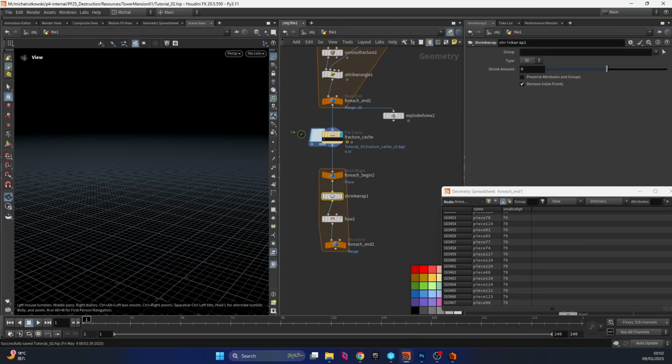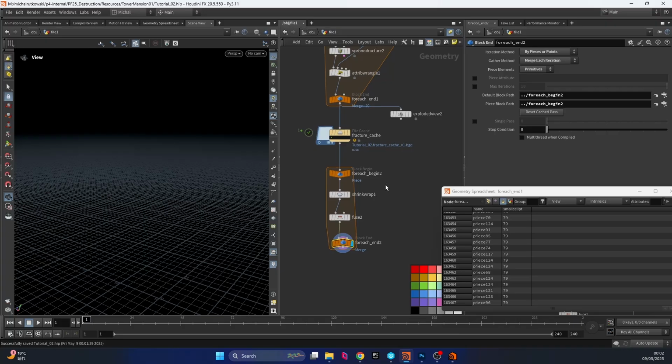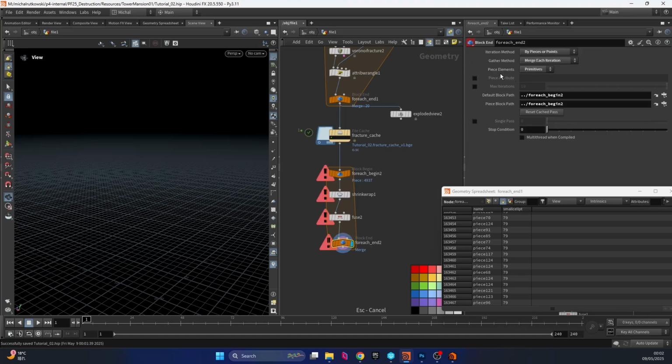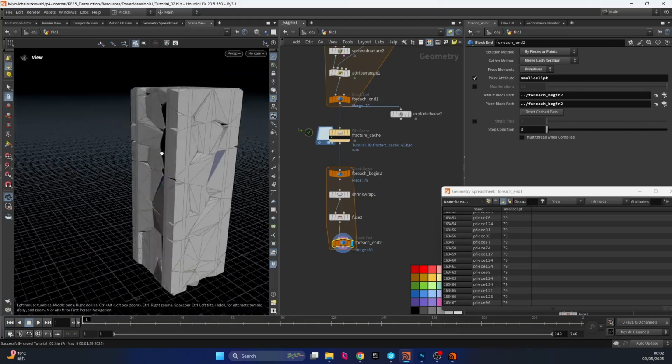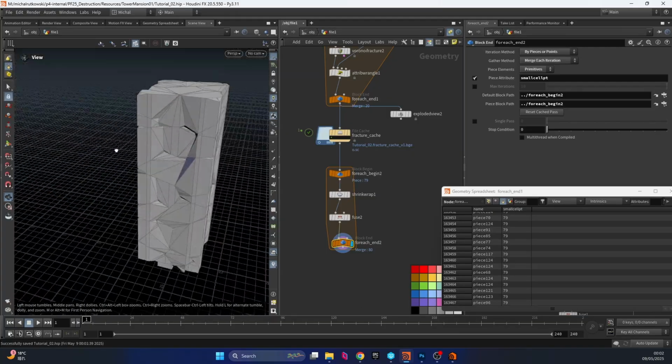I will drop a fuse after this. And in the shrink wrap, we will preserve attributes and groups. Remember to reload the cache, as Houdini sometimes is not very smart at understanding when a cache is done. Okay, so we see there's too many iterations, and that's because the piece attribute needs to be specified. Okay, we'll iterate over small cell PT, and immediately we get this result, which is a nice convex representation of